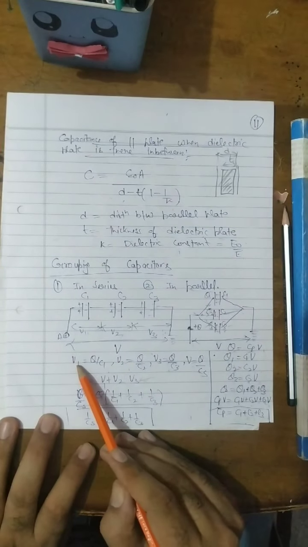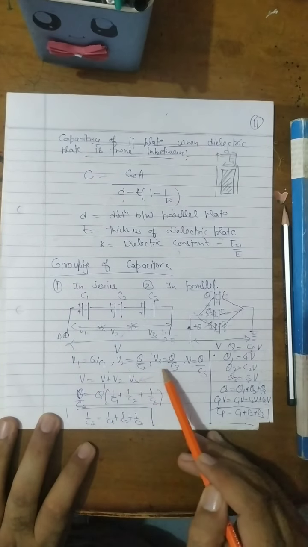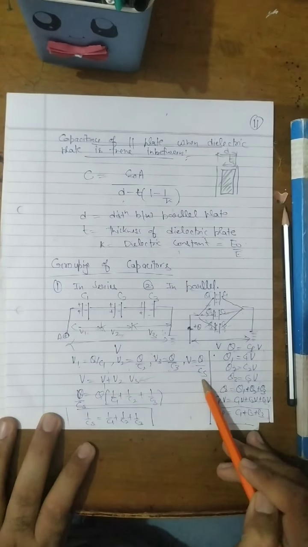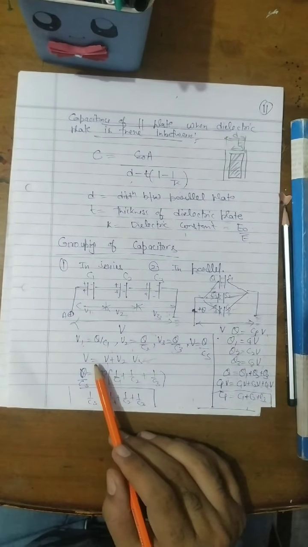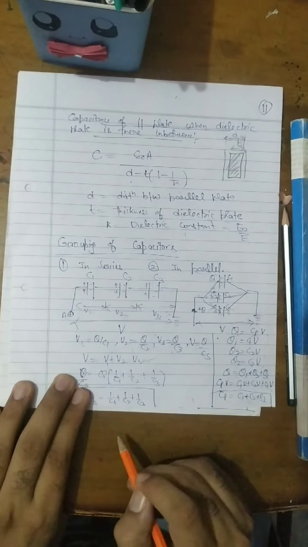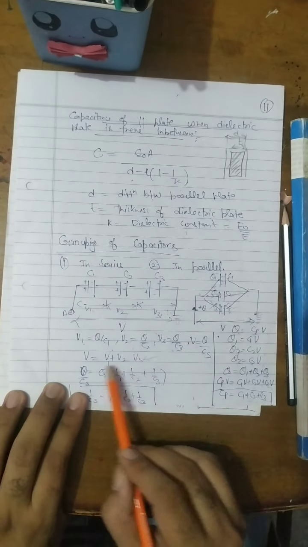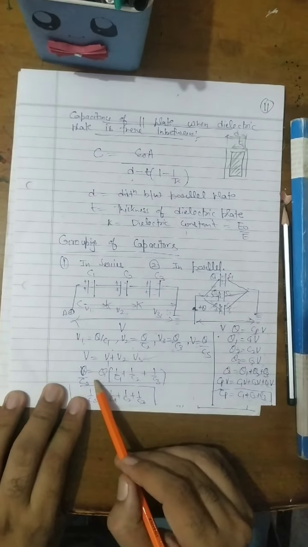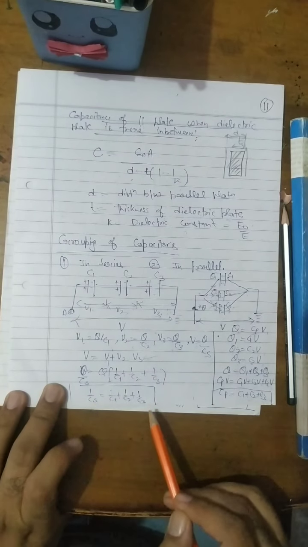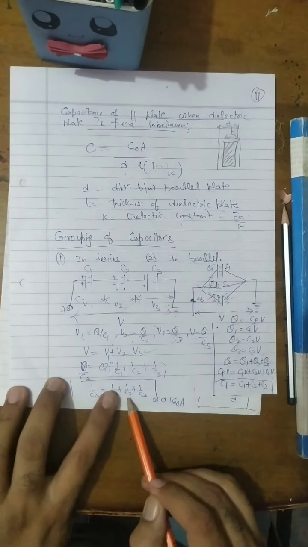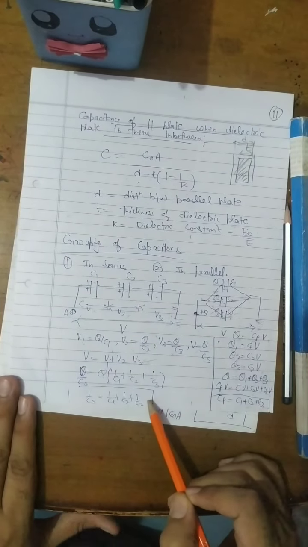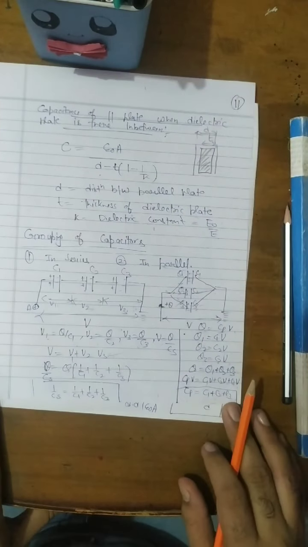So in the case of series, V1 is equal to Q by C1, V2 is equal to Q by C2, V3 is equal to Q by C3, V is equal to Q by CS. This is the total voltage, equal to total charge upon total capacitance. The total potential in the case of series is the sum of the potentials, that we know: V1 plus V2 plus V3. So we put the value of V1, V2, V3 and V from these four equations. What we get: Q upon CS is equal to Q in bracket 1 by C1 plus 1 by C2 plus 1 by C3. So this relation comes out to be 1 by CS is equal to 1 by C1 plus 1 by C2 plus 1 by C3. This is the generalized result when the capacitors are in series. If there are more capacitors, 1 by C4, up to 1 by Cn.